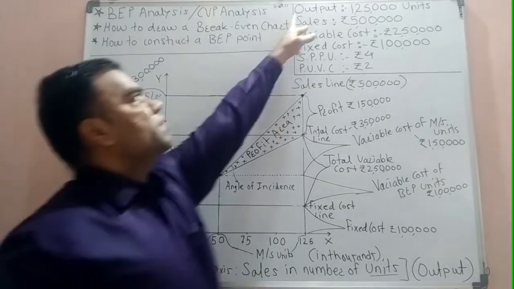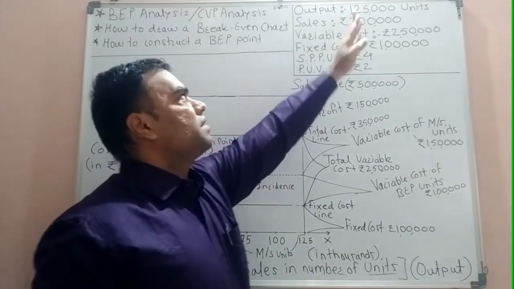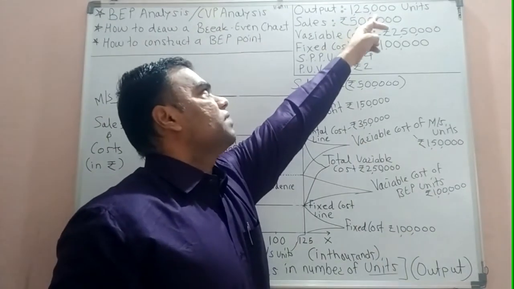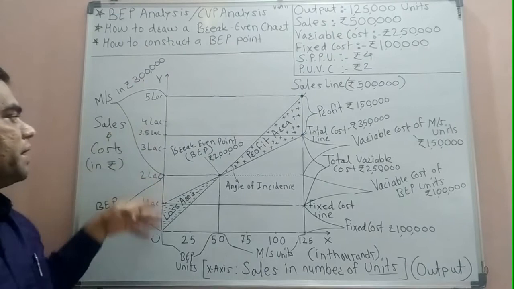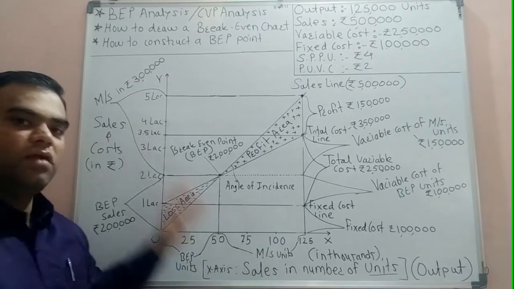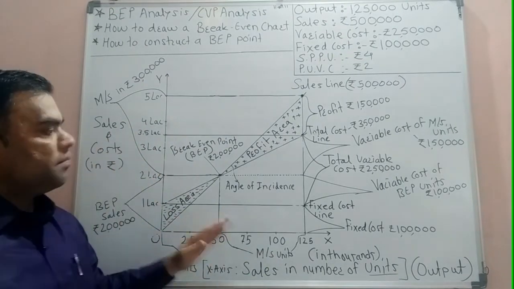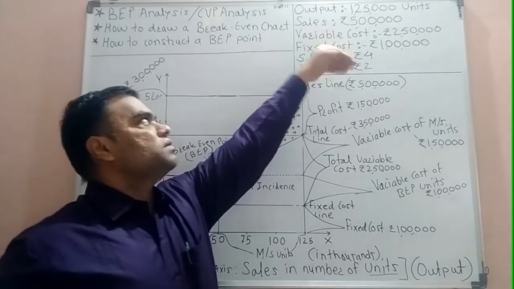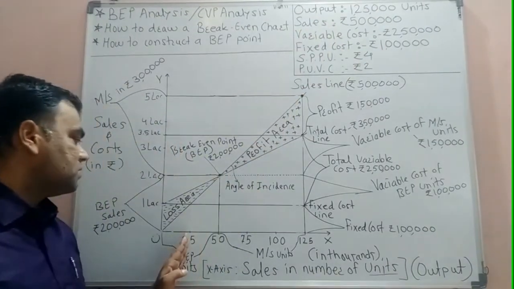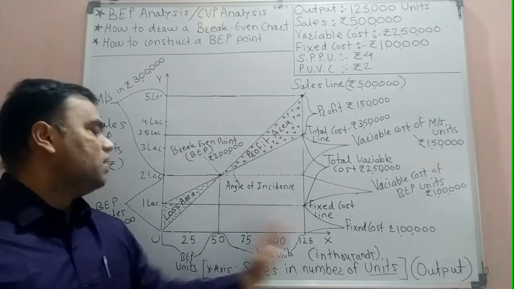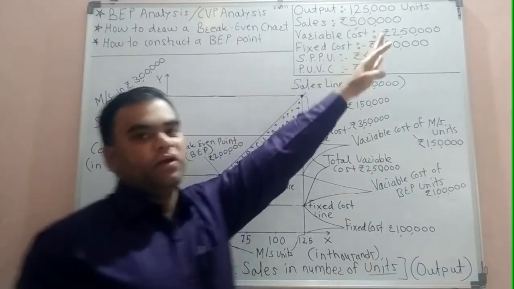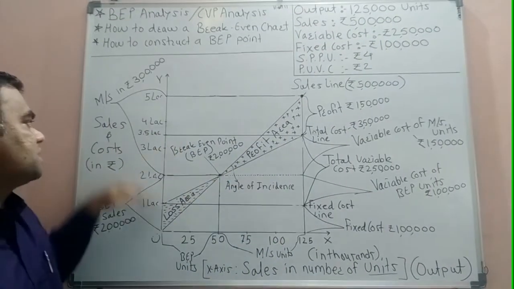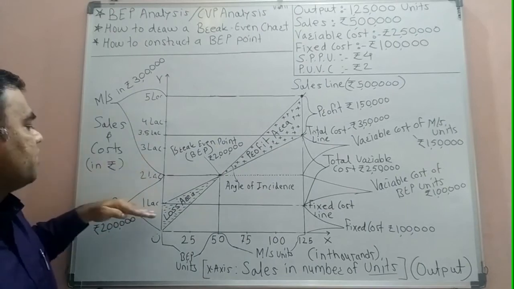We have to divide these two variables by a common figure. So we have divided 1,25,000 and 5 lakh by 5. Then 5 points we have made on the y-axis and x-axis. Equal number of points we have to make. So 1,25,000 divided by 5 is 25,000, so the difference between each point is 25,000. Then sales divided by 5 lakh, so 1 lakh. So the difference between points on the y-axis will be 1 lakh.